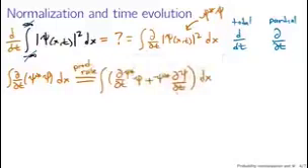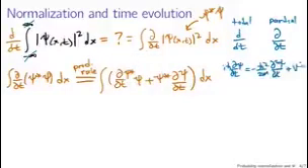But bear with me. The partial derivatives with respect to time appear in the Schrodinger equation. i h bar d by dt of psi equals minus h bar squared over 2m, second partial derivative of psi with respect to position, plus potential times psi. These are the time derivatives that I'm interested in. I can use the Schrodinger equation to substitute in the right-hand side for these time derivatives, both for psi star and for psi. So first I'm going to manipulate this by dividing through by i h bar, which gives me partial psi partial time equals i h bar over 2m, second partial of psi with respect to x,